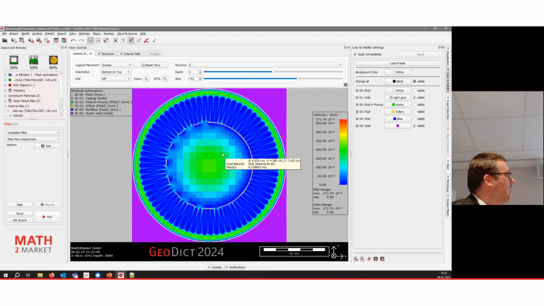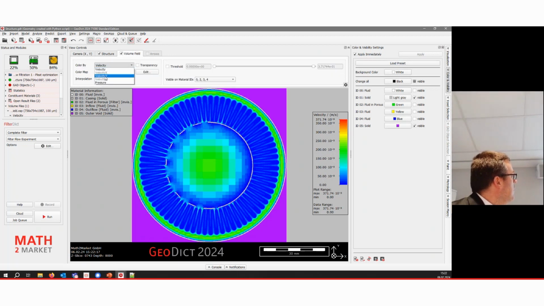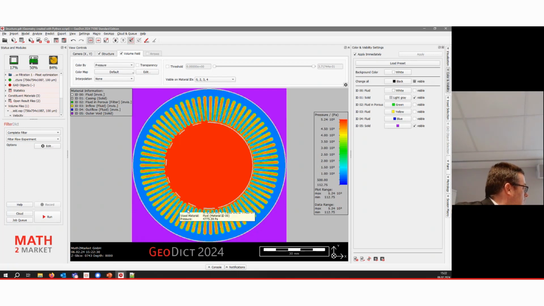We can see the larger areas where not much is happening, and it's getting finer as it goes to the openings there. That's actually the velocity field. Let's see, a pressure field. Okay. Oh, that's the other way. That's the inverse one. Yeah. Okay. Good. Yeah. So much for that.